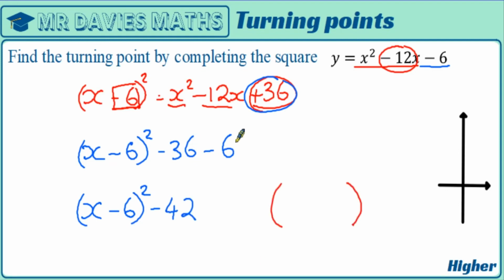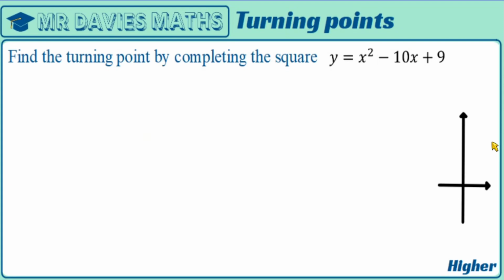So my minimum point for this question is going to be the opposite of this value. So that'll make it a positive 6 and the exact value of this one, minus 42. And that's all we're looking to do. What about this one? So this time we've got